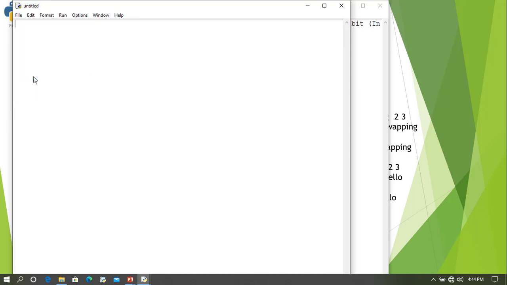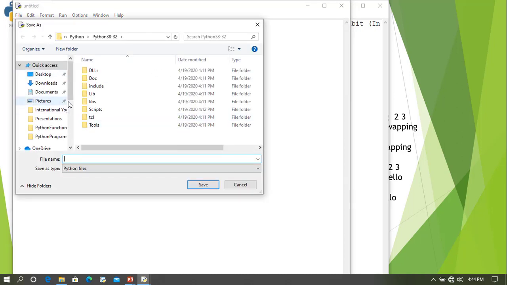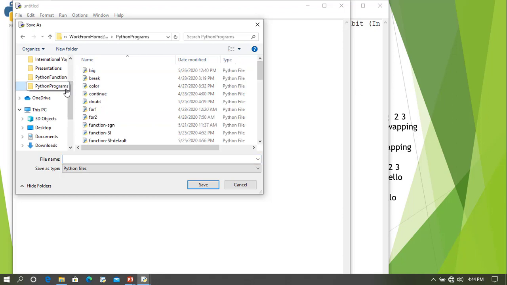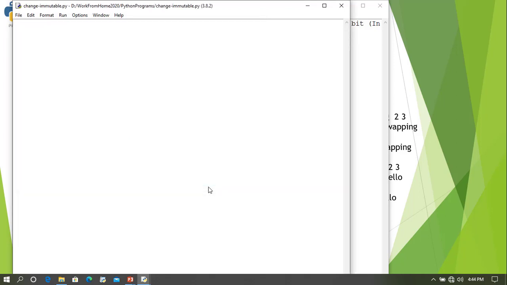Let us save this as change immutable. We'll define a function named setChange, where we'll have only one number, and we'll try to make it 0.